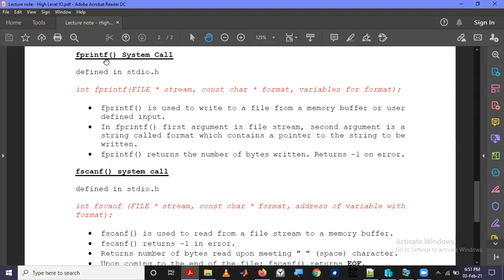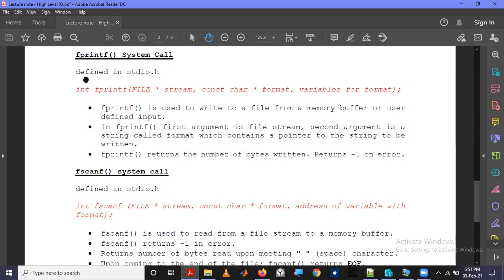So in the low level IO function write, if we create a memory known as a buffer, we write from the buffer to the file.